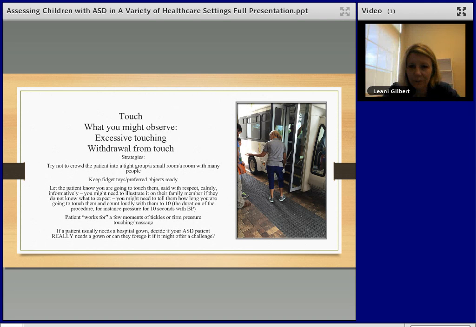And with touch, that's a big consideration to have for students with ASD or patients. Some have excessive touching, some have withdrawal from touch, and what you would do, you would try not to crowd the patient into a tight group or a small room or a room with many people, if you can at all. You will keep fidget toys or preferred objects ready that they have access to, and you will, while you